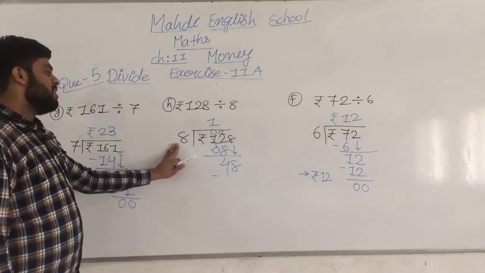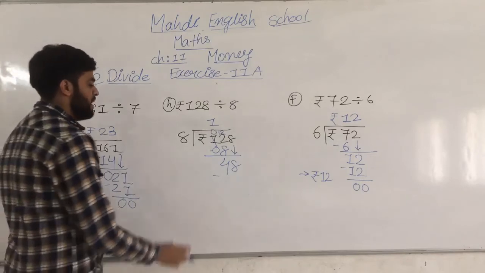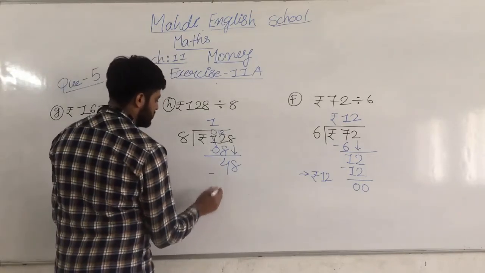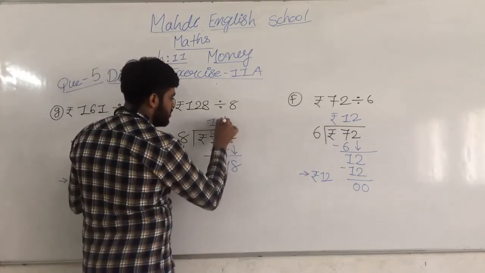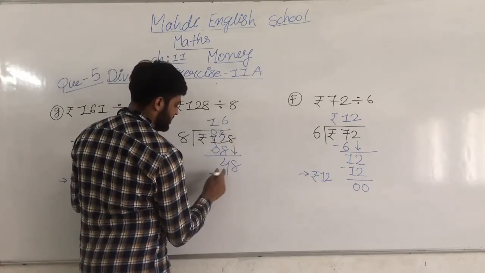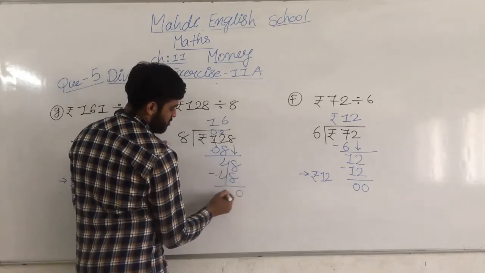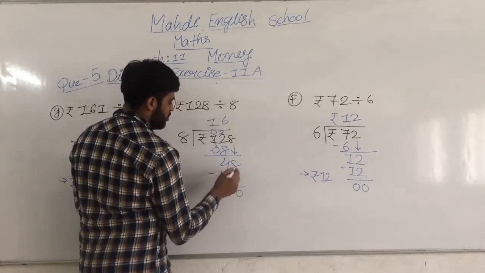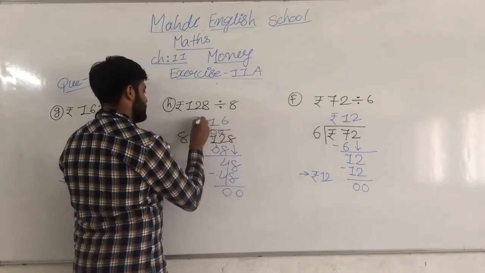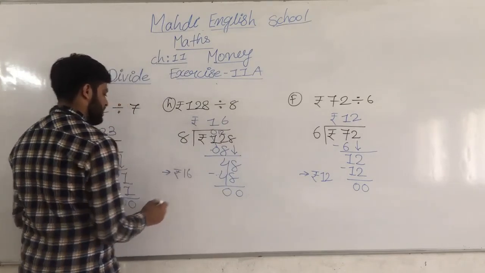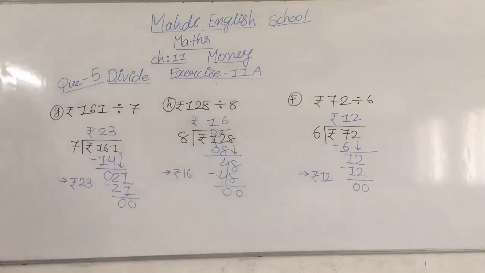So in table number 8, 48 will come or not, my dear students? 8 6s are 48. Yes, it comes. Okay. So 8 minus 8 is equal to 0. 4 minus 4 is equal to 0. So the answer is what? 16. So you note down this answer. You do it fast.